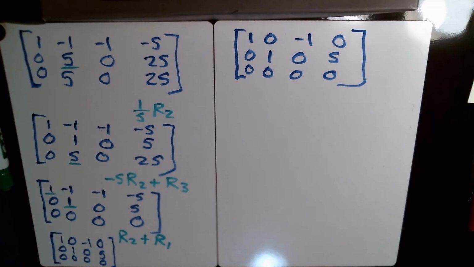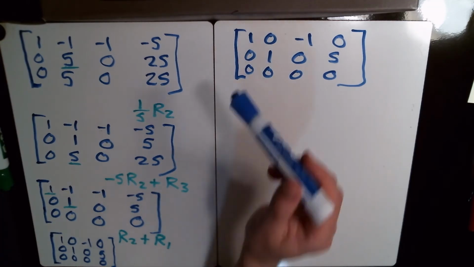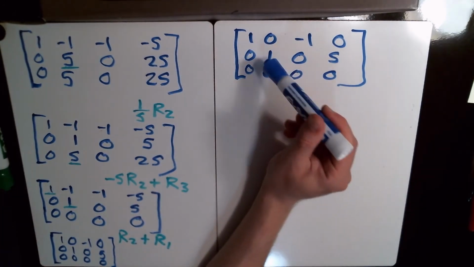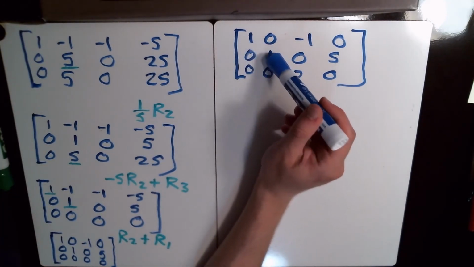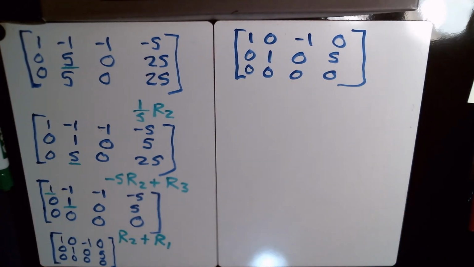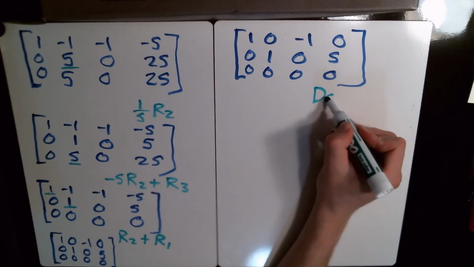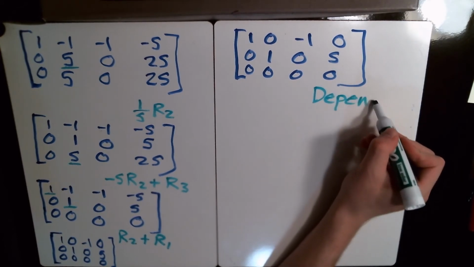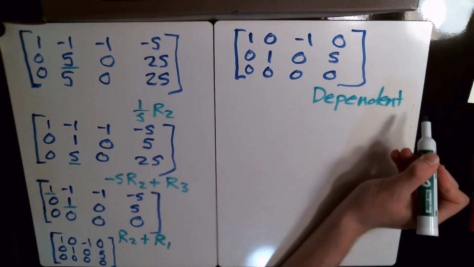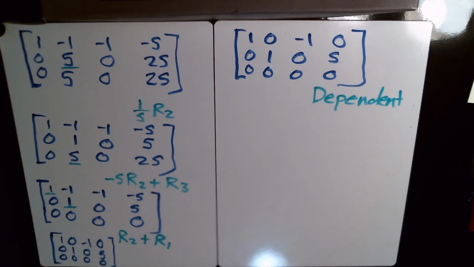And so this is dependent because there's not a pivot, or sorry, there's not a leading one in every column and row. So we know this is going to be dependent, meaning that there's infinitely many solutions. Okay. But now we want to describe what those solutions are. Okay. And it's not all real numbers,